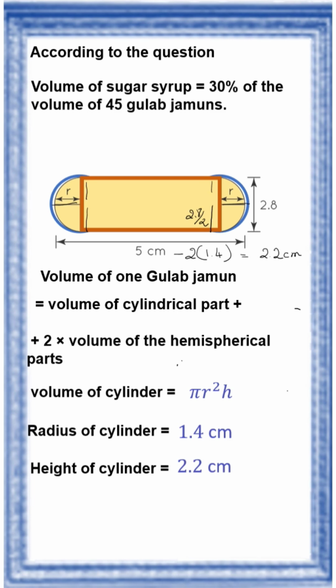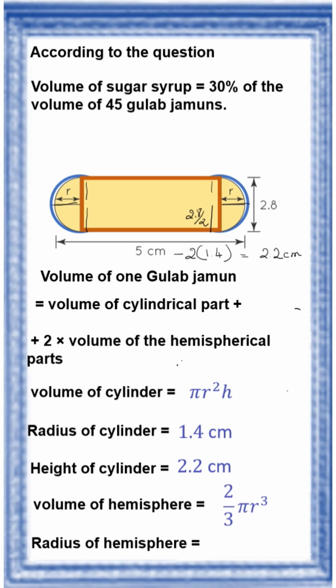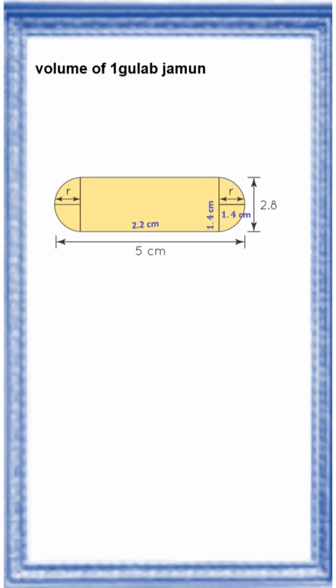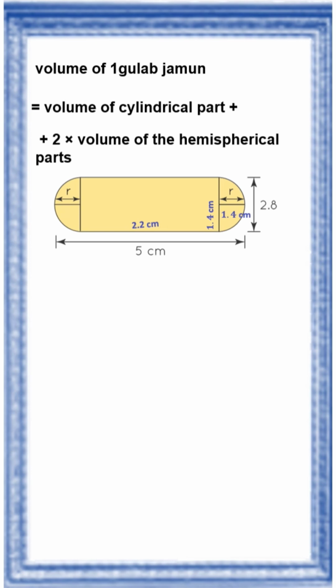Now volume of the hemisphere is equal to 2 by 3 pi r cube. Radius of the hemisphere is also the radius of the cylinder, that is 1.4 centimeter. Volume of 1 gulab jamun is equal to volume of cylindrical part plus 2 into volume of hemispherical parts. Volume of cylindrical part is pi r square h plus 2 into volume of hemispherical part, which is 2 by 3